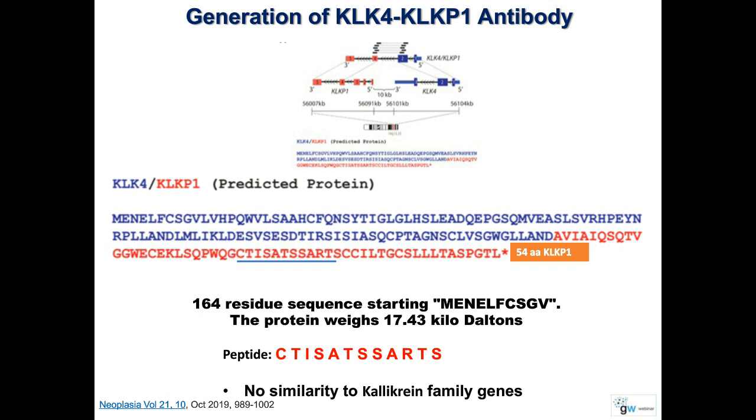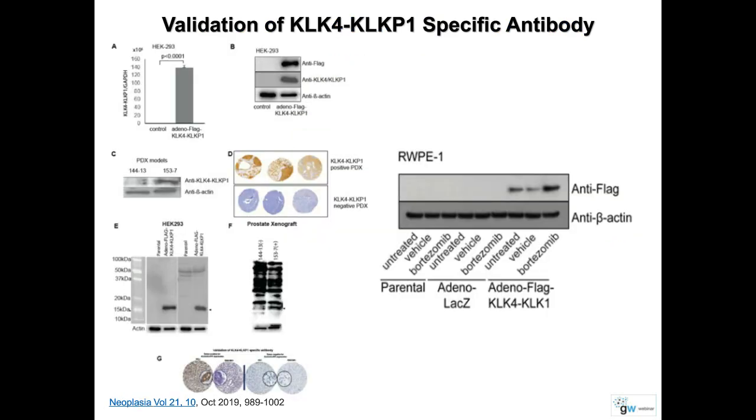Using that antibody, we validated to confirm whether this fusion gene is indeed making a protein in the cells and tissues. So for that, we made a gene expression construct in the expression vector. The entire fusion gene is cloned into a vector and transfected into RWP cells. In figure A, it shows the overexpression of the fusion transcript.